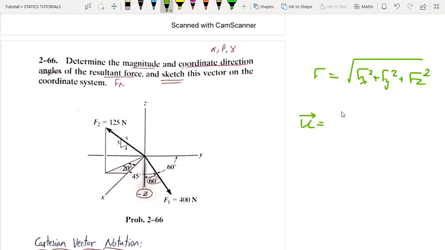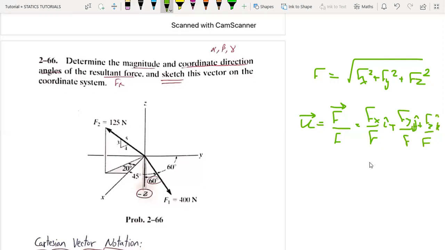So the unit vector equals the vector F over the magnitude, which equals Fx over F i hat plus Fy over F j hat, plus Fz over the magnitude F k hat,